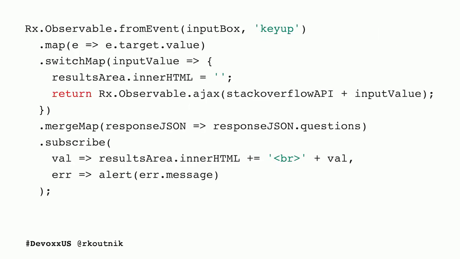So what on earth does this have to do with switch and MergeMap? MergeMap's the easier one. When you take multiple observables and put them all together, that's called merging. So instead of calling it Flatmap, we call it MergeMap, since we're merging rather than flattening. It's a semi-arbitrary choice, but that's what it's called in Rx land. So in this case, response.json has a property called questions. It's an array. MergeMap takes that array and unwraps it one layer, because we're still inside an observable, and just sends each individual question down as a single event, rather than one event containing a whole array.